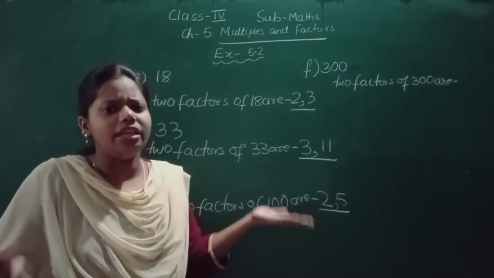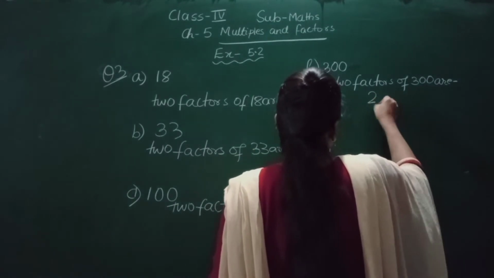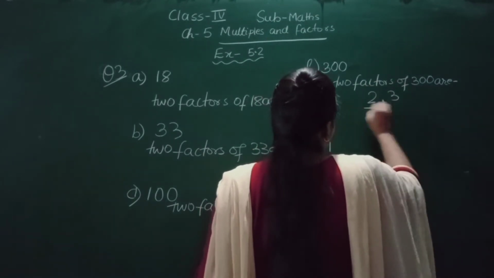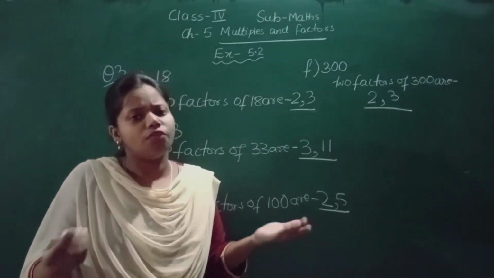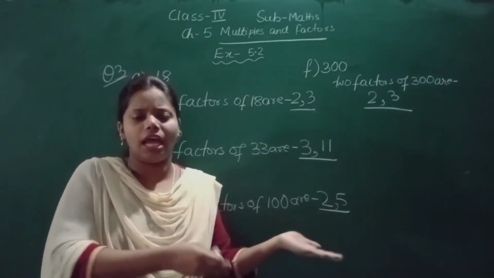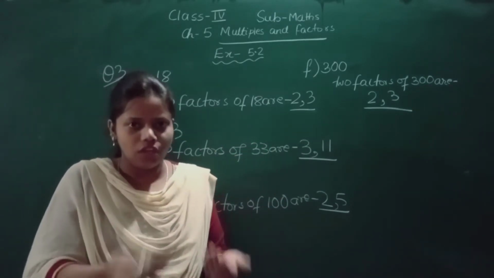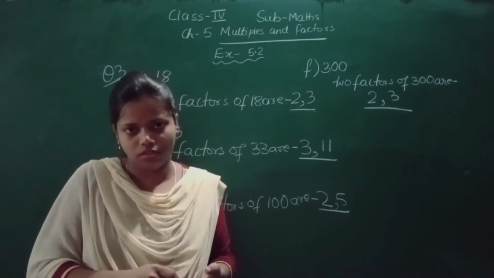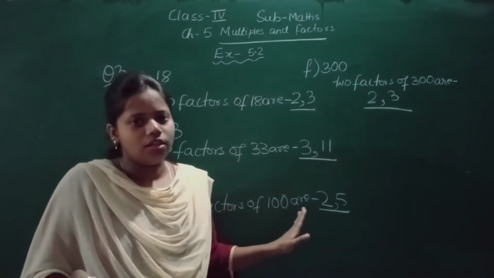103 ja 300. So any 2. It will come in 10 table also. So whatever you want, you can write the factor. Here I am writing it will come in 2 table. It will come in 3 table. So I have written here 2 and 3. Okay. You can write of your own whichever you want. 5, 10. You have to check first whether this number comes in that table or not, and you can write any 2 factors. Okay, any 2. Okay, so I have written here the factors.